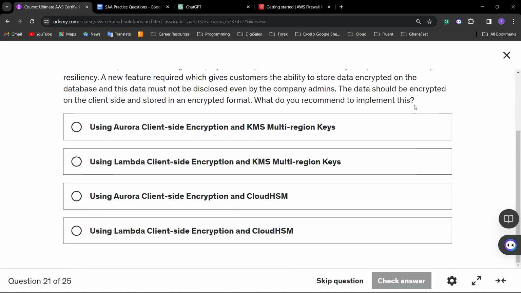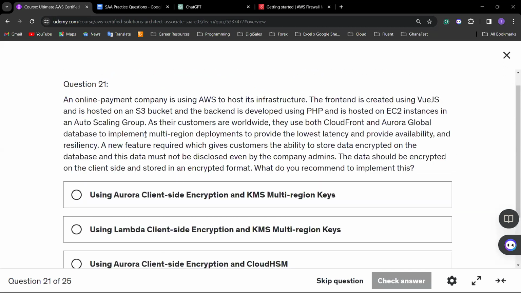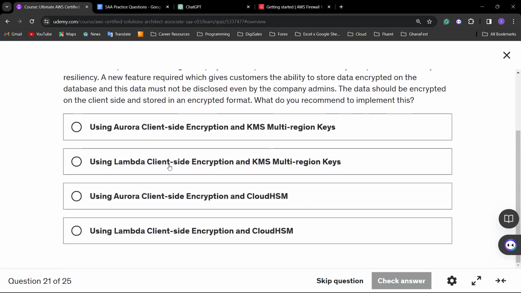So let's rule out, right? In the question, they said they are using what? An Aurora Global Database. And then yesterday I spoke about multi-region keys with respect to using global databases. And then I spoke about DynamoDB and then Aurora, right? So even if, let's say, you don't know about all these, it's saying Aurora. We've mentioned that